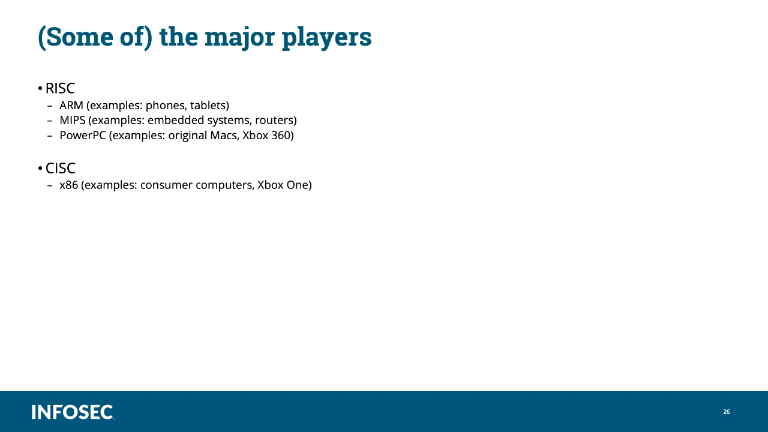So talking about some of the major players. In RISC, the reduced instruction set computers, keep in mind there are literally hundreds of thousands, but the main ones you're likely to come across are ARM, for example, which is very commonly used in phones and tablets; MIPS, commonly seen in embedded systems and routing equipment; and PowerPC, which was in original Macs and the Xbox 360. For the CISC, the complex instruction set computing, there's x86, which is what's commonly in consumer computers, the Xbox One,